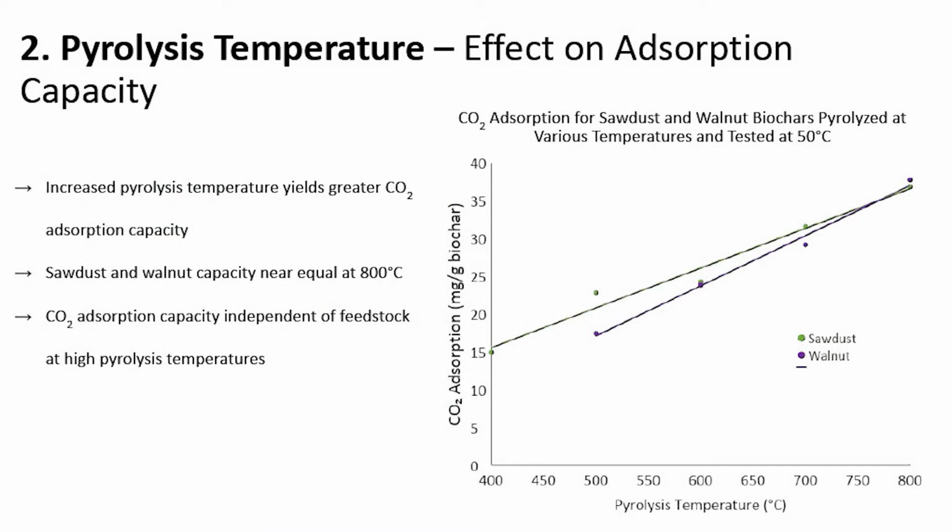So then for our second independent variable, we examined the effects of pyrolysis temperature on adsorption capacity, and we found that increasing the pyrolysis temperature yielded a greater carbon dioxide adsorption capacity, but not only that, the difference in adsorption capacity between the sawdust and the walnut biochar feedstocks actually became really small as the pyrolysis temperature increased, which is really optimal for applying this product into industry, because if we don't have to separate different types of organic waste,